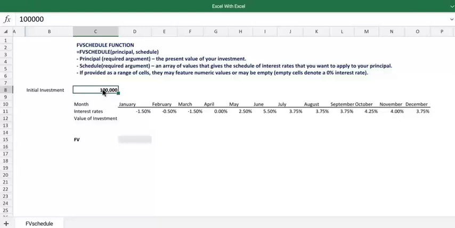Welcome to today's session. Today we have a function of interest from Excel, the future value schedule function, known as FVSchedule. What this function does is help us find the future value of our investment at a particular point. I'll start with the traditional way of calculating